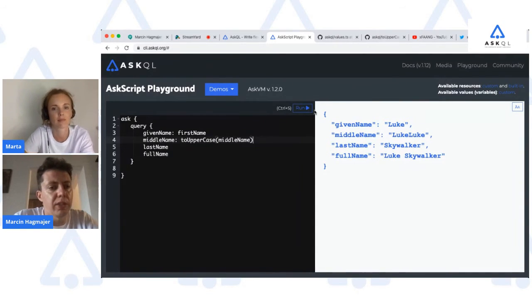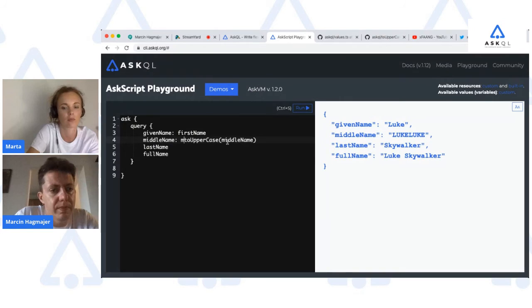If you want this to be shorter, you can use the colon. You remember, so you can use middle name colon to uppercase. Very nice.